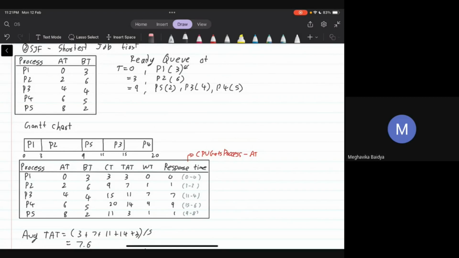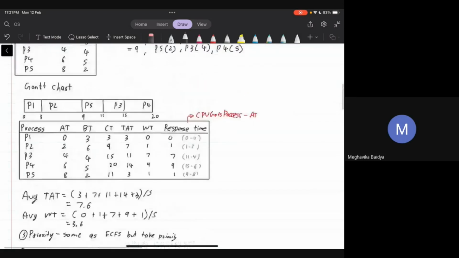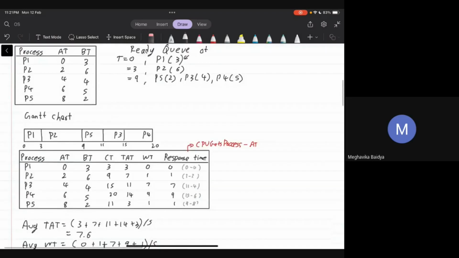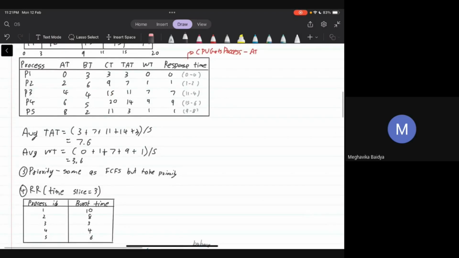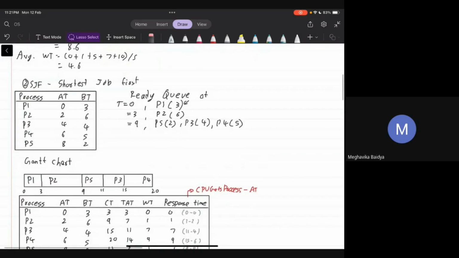Okay, done. And then we have the third one. So we did FCFS and SJF. The third one is priority. So priority is the same as FCFS, but the only thing is you have an extra column. So I'll just show that. For example,